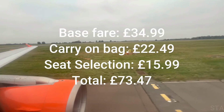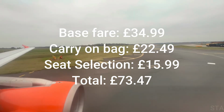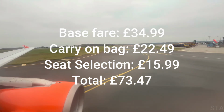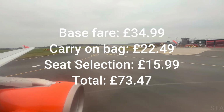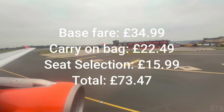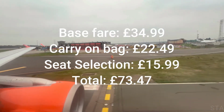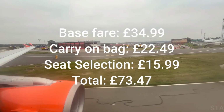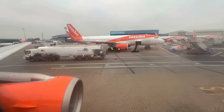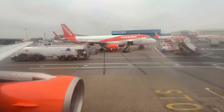I paid £34.99 for this flight, plus an extra £22.49 to bring a carry-on suitcase with me, and another £15.99 to reserve seat 4 Alpha. That's a total of £73.47. Since I asked in advance about a flight deck visit, I didn't wait for everyone to get off the